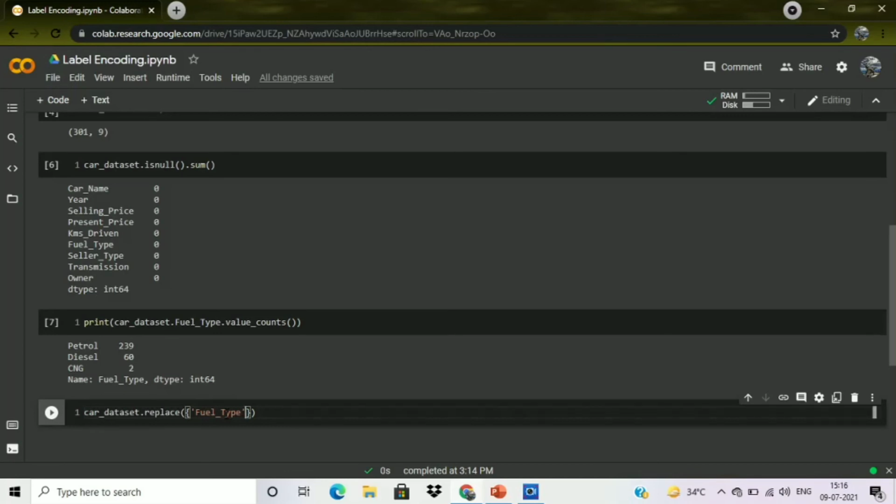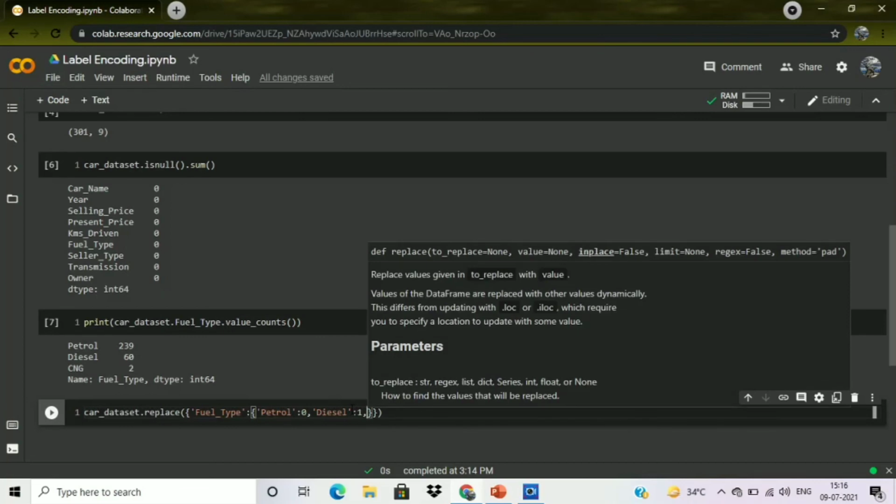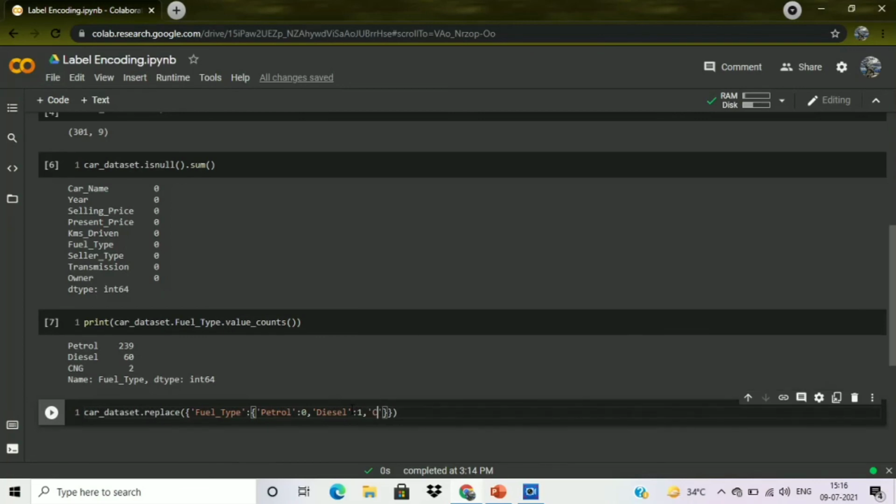This is case sensitive. Now we are converting petrol into 0, diesel into 1, and CNG into 2.